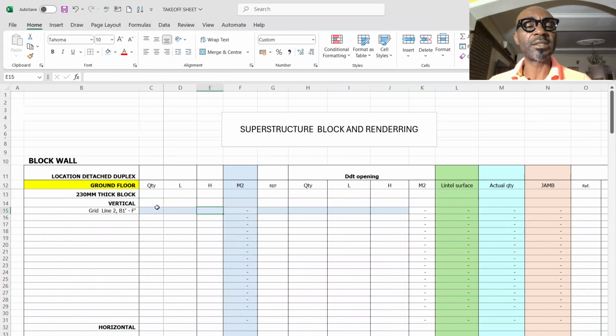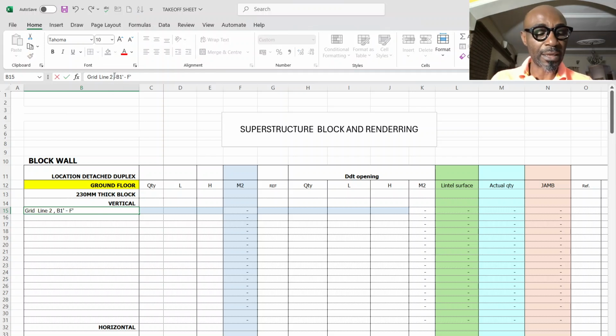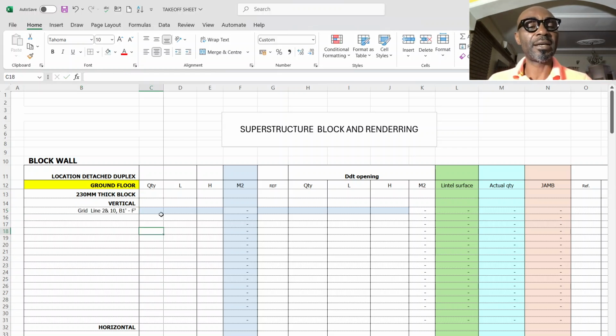As you can see, this is a twin duplex, semi-detached, so both flats are the same. If I am taking, say, grid A, and this other side is grid A, they're of the same length. I don't need to repeat the measurement. I just say grid A, grid 2, and grid 10 if the other one is grid 10. They have the same from B1 to F. I have two numbers. Then their lengths are, say, 8 number,